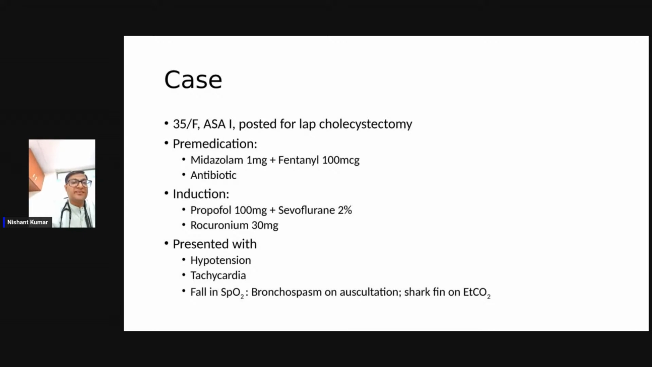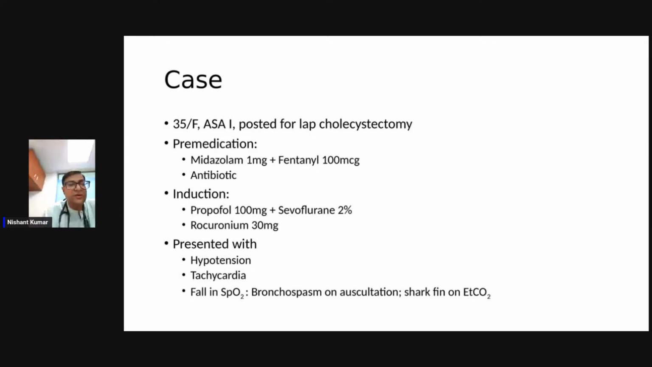So let us take this case, a 35-year-old female, ASA1, posted for laparoscopic cholecystectomy, which is being performed day in and day out, and nowadays considered not a very grave risk surgery. Normally we pre-medicate with midazolam 1 milligram, fentanyl 100 microgram, and an antibiotic. The test dose was seen and the test reaction was negative to that particular antibiotic, which was administered in the ward. So, without further ado, after the monitors were attached,